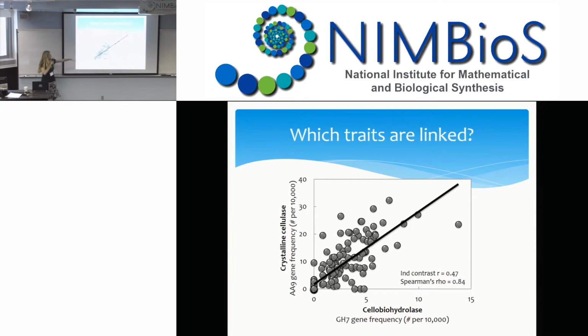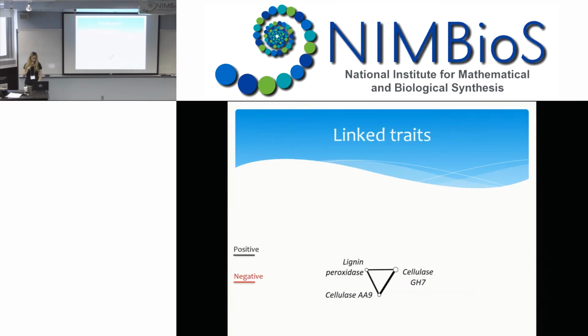Now I went through and did this sort of analysis for every pairwise combination of all the traits I've talked about. I am not going to go through them all with you. Right? I'm going to cut to the chase because it can be pretty boring. All right, so I'm just going to show you a summary of how the traits are linked or not with one another. Here I'm showing relationships between the 3 different decomposer traits that I looked at.